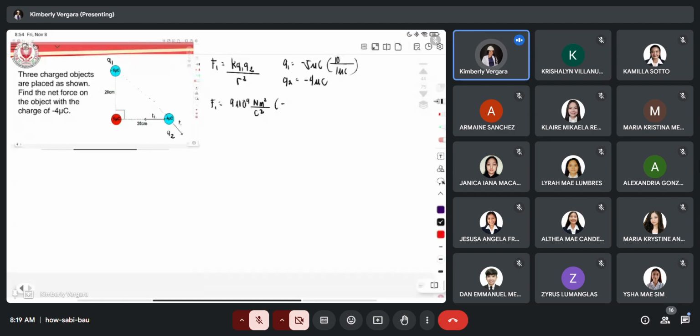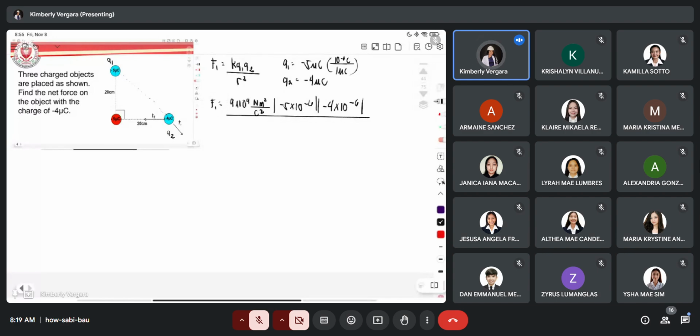So 10 raised to negative 6 coulomb. Dahil siya naka-negative, lagyan natin po ng absolute. Negative 5 times 10 raised to negative 6 times negative 4 times 10 raised to negative 6 all over